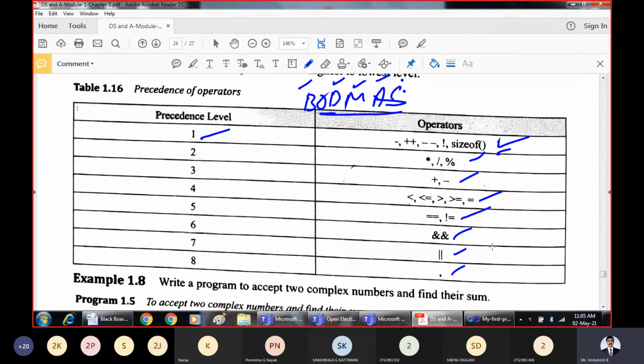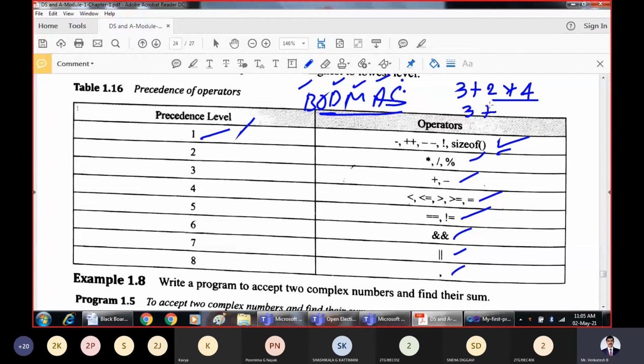This table you should remember. There is no logical explanation in this one. Whatever operators we have studied, all of them have this priority, from highest priority to lowest priority. For example, A plus B star C. Let me take it specifically: when you have 3 plus 2 into 4, the first priority you should give to the multiplication.